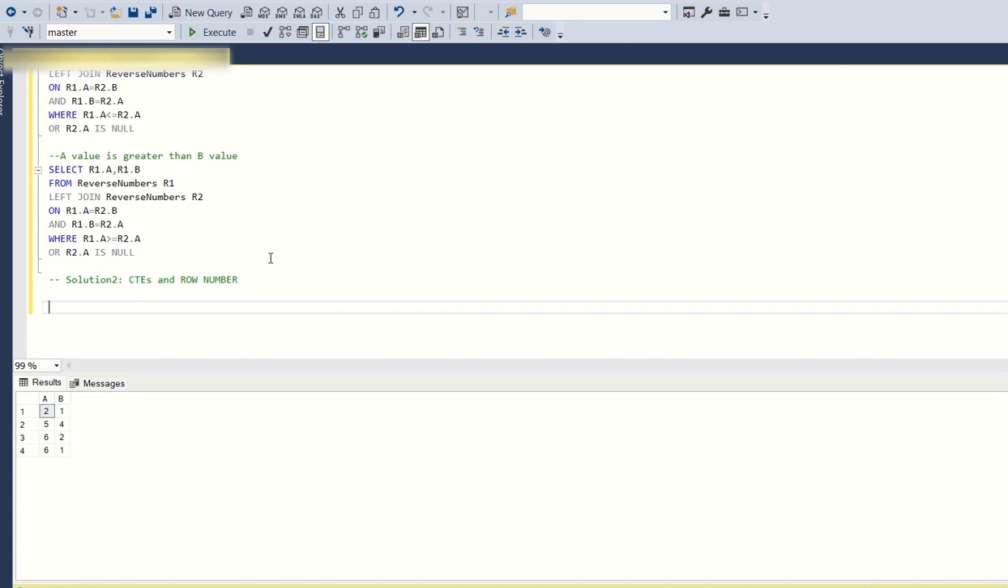Okay. So what we'll do, select star from reverse numbers. So if you run this query, you'll see this is the output. So what I'll do, since 1, 2 and 2, 1 are there, I'll make sure that both of them have the same rank. Both of them fall under the same rank or category. So what I'll do, I think row number is not needed here. It's just simple